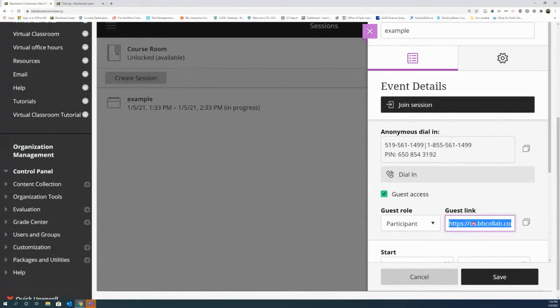Well, what some people are interested in doing is having a public event. Maybe you want students to present their work, and you want them to be able to invite their family, their friends. A nice idea. Well, some people have done it where they then use a guest link. They invite people. Especially if you're going to be sharing this publicly and widely, some people have put it on social media, some people have shared it on a website. In that particular case, you probably want to create a session specifically for that one large event where you're sharing the guest link,